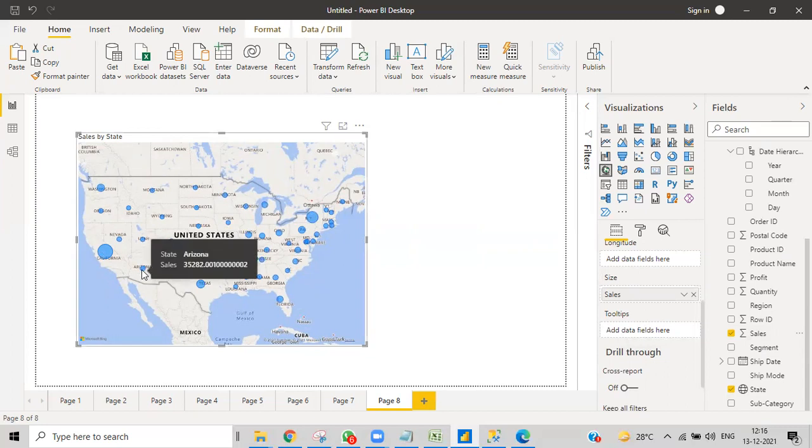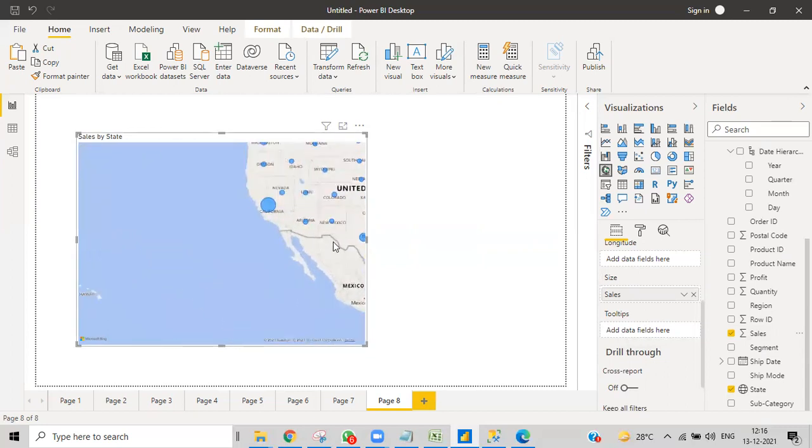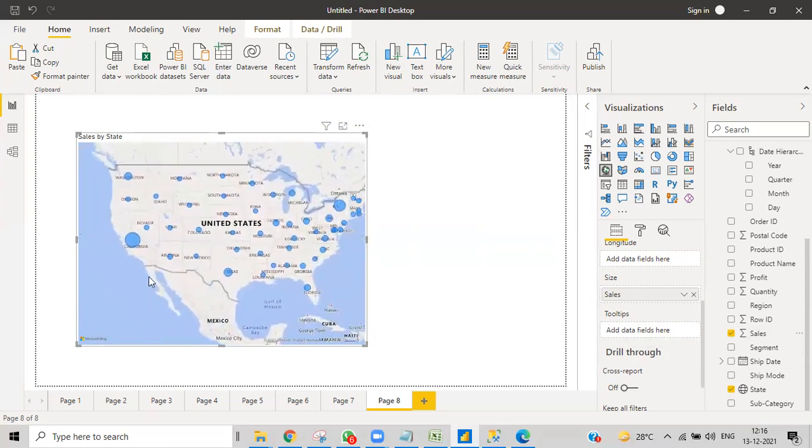So this is what it shows: California is getting the highest sales, and next is New York, which is going to get the highest sales.